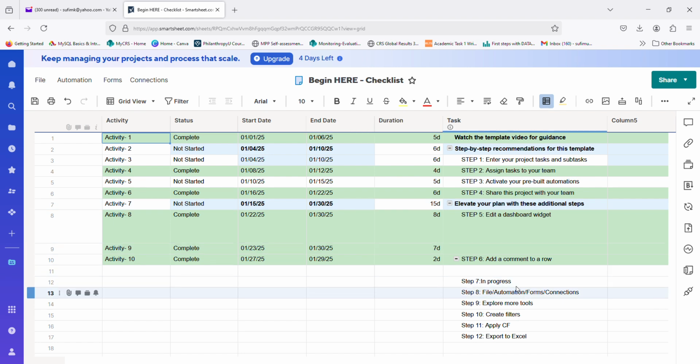Here are the topics in today's video. The first one is how to add additional status. Then how to use other options like file, automation, form, and connection, and exploring more tools, how to create filters, how to apply conditional formatting, and how to export to Excel. So to go to the first one, adding extra status,